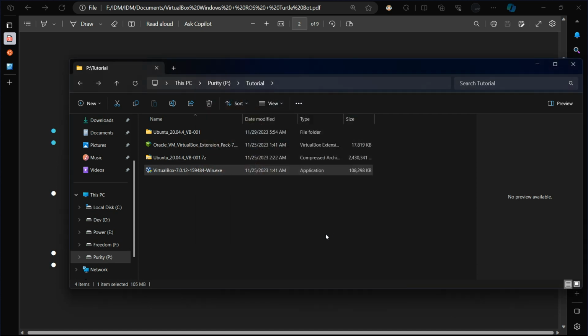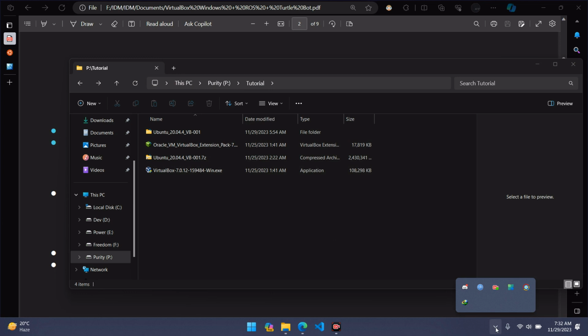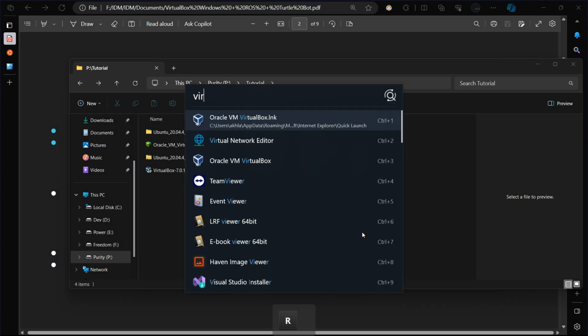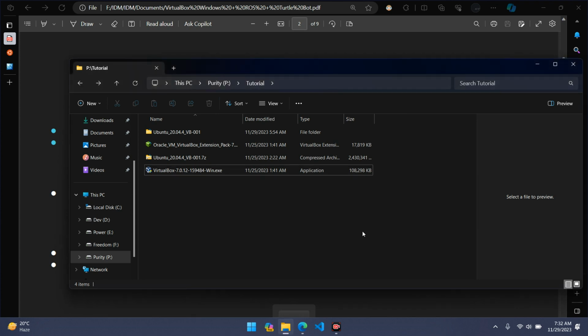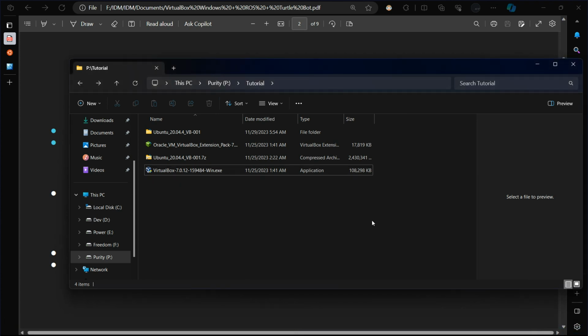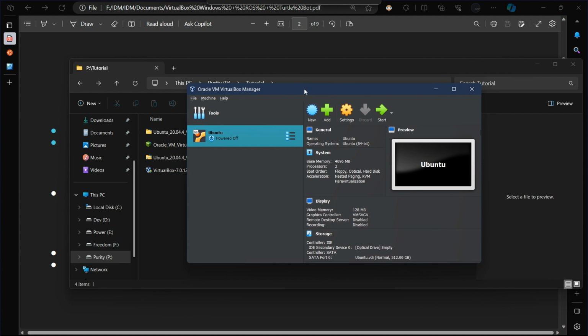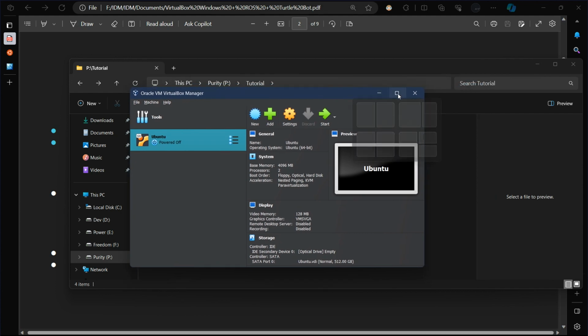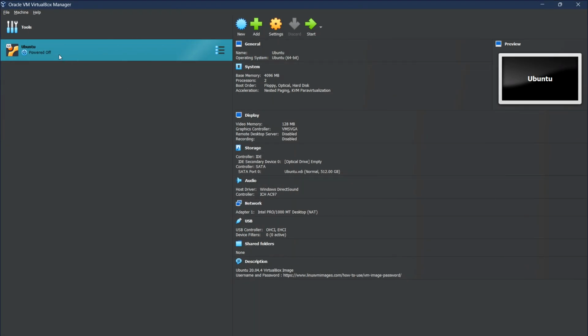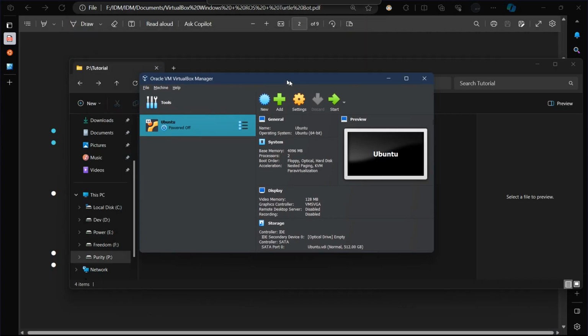After installation, okay, now I have the VirtualBox here, in which I have installed an Ubuntu version,